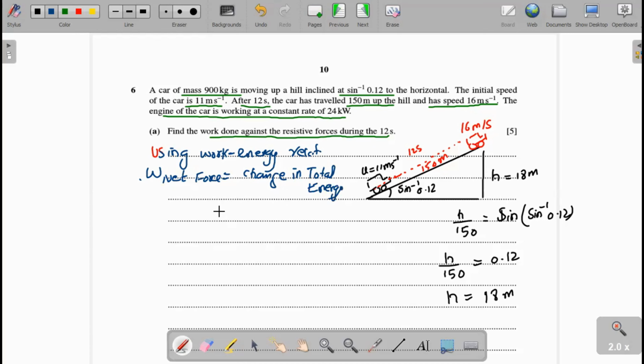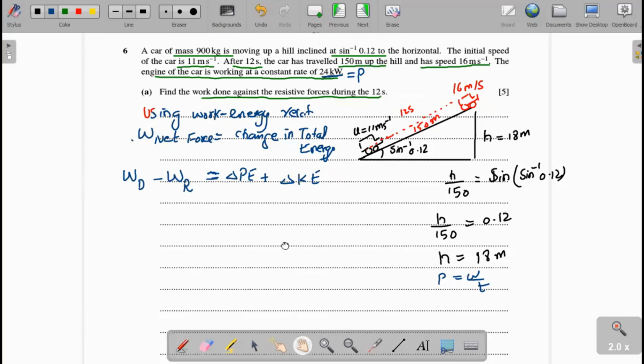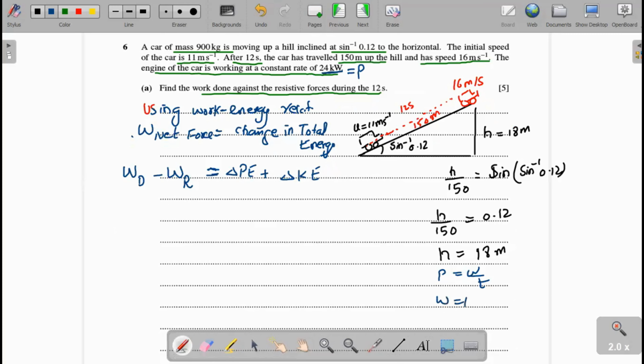Now here the work done by net force equals work done by driving force minus work done by resistive force. That's equal to total change in potential energy plus total change in kinetic energy. Okay. Now here the work done by driving force. We know P equal to W over T. Therefore W will be equal to PT. Now we can write it as PT here,